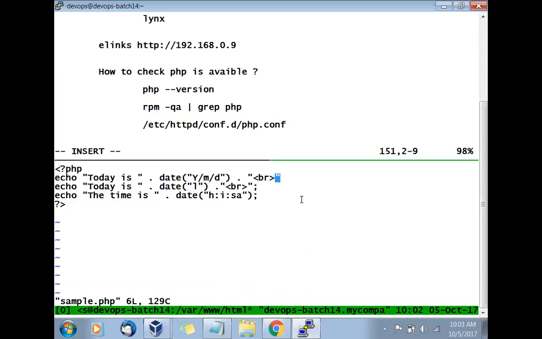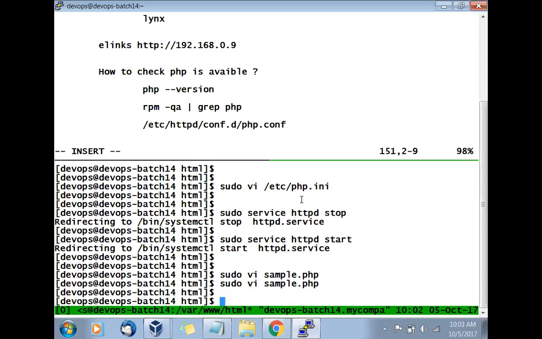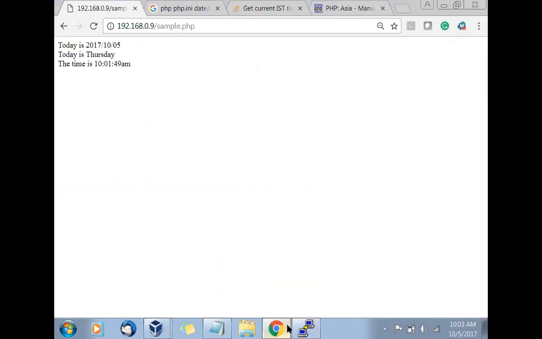I am doing a small mistake, just removing the semicolon, and saving that. Now for this, I will not need to restart because this is not a configuration file. This is the program. Only for a configuration file do you restart for the change to take effect. So I made the deliberate mistake in the program. Ready, steady, go. 1, 2, and 3.